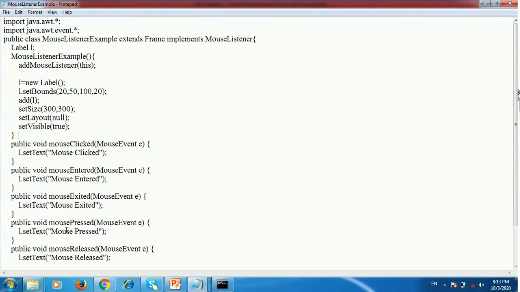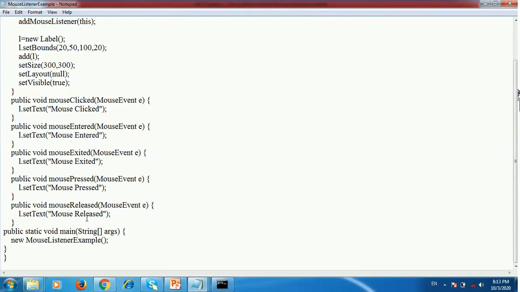When this method is invoked, using setText the label displays mouse pressed. Then the mouseReleased method. When you release the mouse on the particular window, that time the mouseReleased method is invoked. L.setText("mouse released").